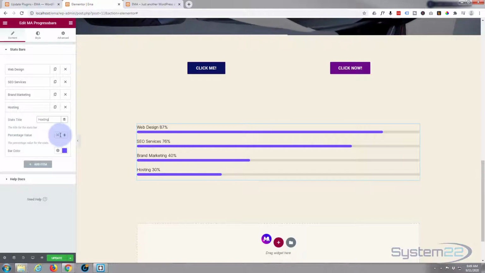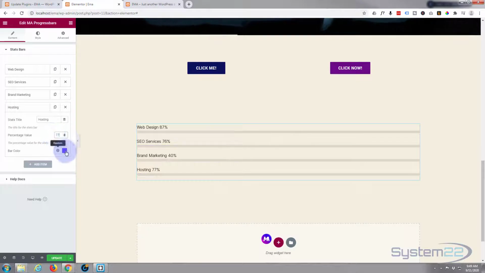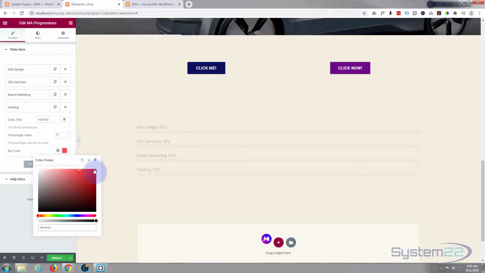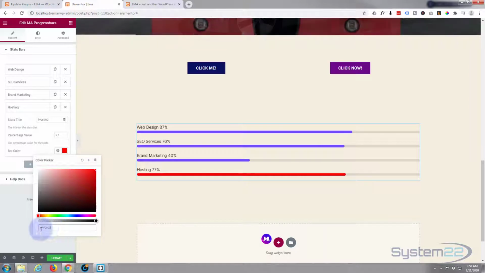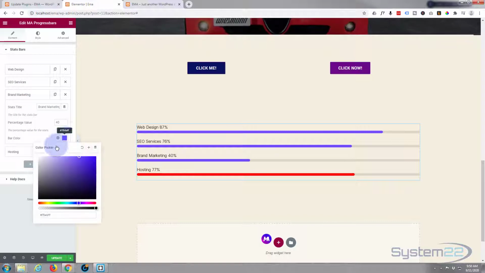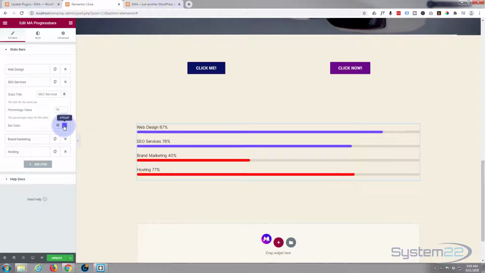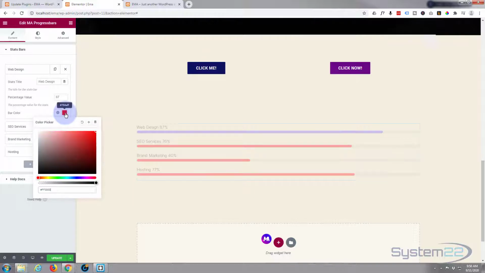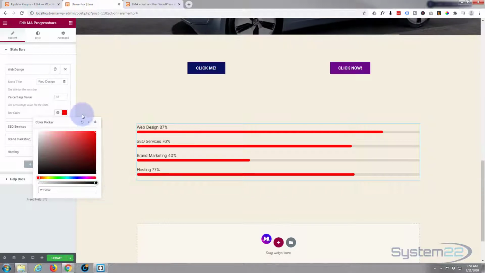Now while we're in here, you can change the percentage value to whatever makes sense to you. Change the bar color, obviously. Make mine red today. You can have them all different colors if you want to. I'm going to copy that and make all mine the same color. Control C to copy. Go into the one you want to change and simply paste it in there. We'll do the other two as well while we're there. Control V to paste. Okay, that's great. So presuming we've got all the ones we want here,